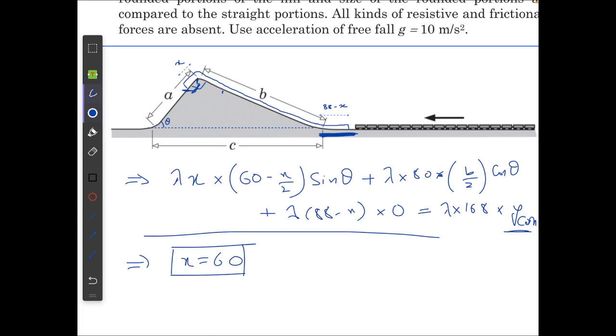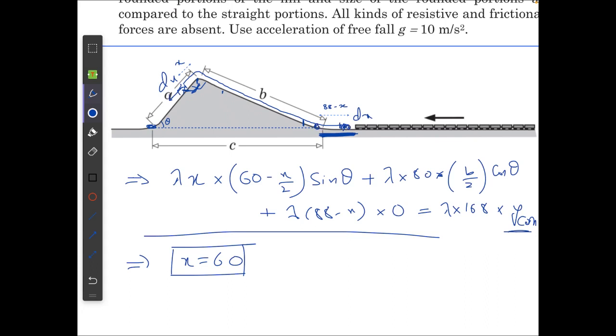Now what does this result tell us? We could have thought of this intuitively also. Let's assume that the train moves by some small distance dx, and a small mass dx has been reduced here. This dx mass has gained some gravitational potential energy, because it can be considered to be earlier present here. So until it reaches this point, the gravitational potential energy will be continuously increasing, and after that it would be constant until the end point of the train reaches this point.